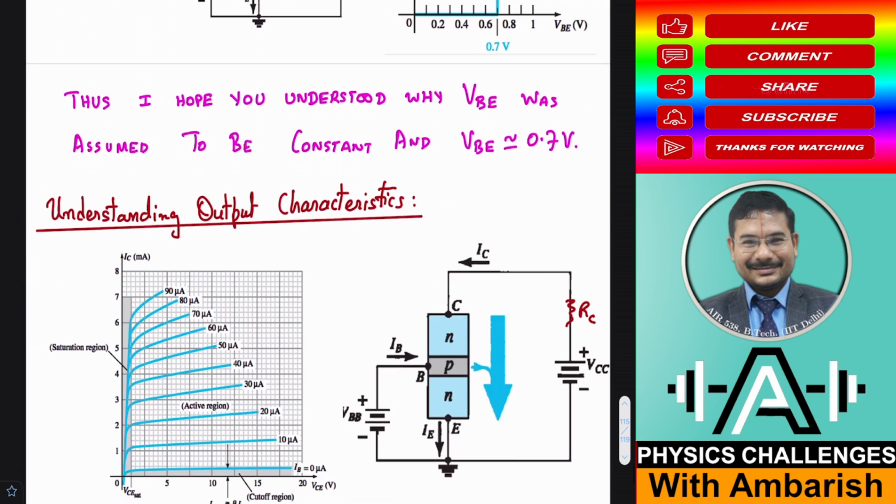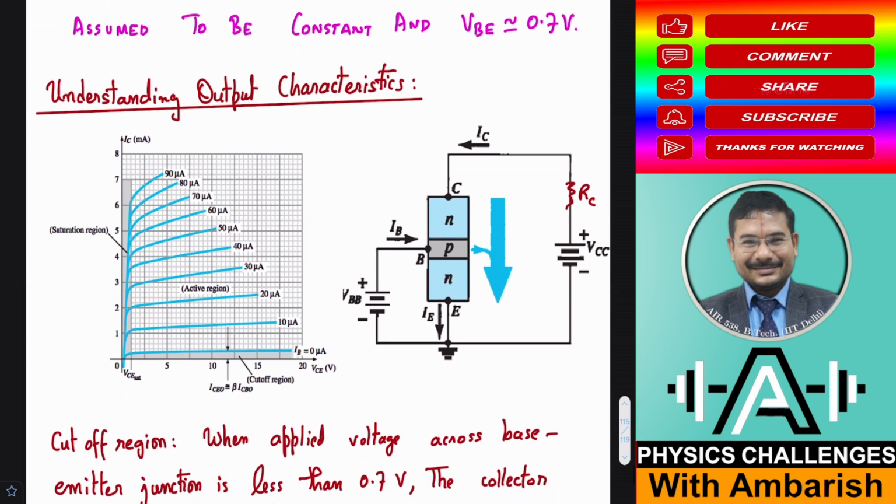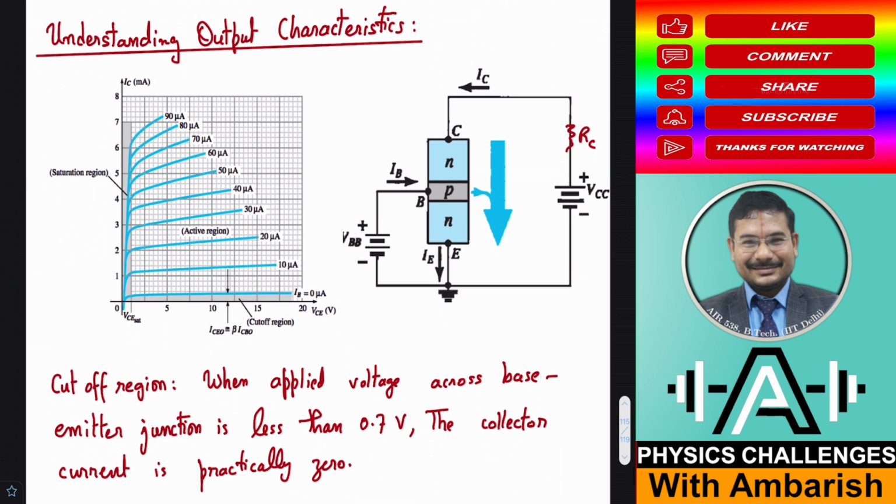Now let us try to understand the output characteristics. So what is the output characteristics for a common emitter configuration? Output characteristics is the collector current versus the collector emitter voltage. Okay, so this is C and this is E, so there will be some voltage between collector and emitter. Okay, and that will be nothing but,